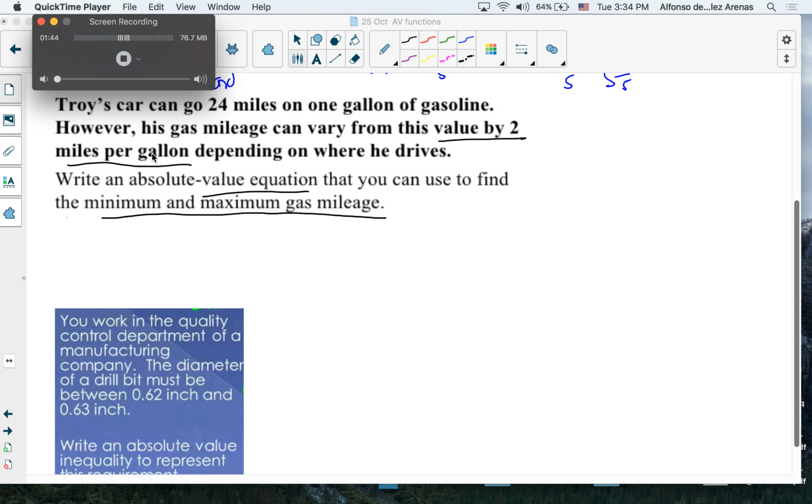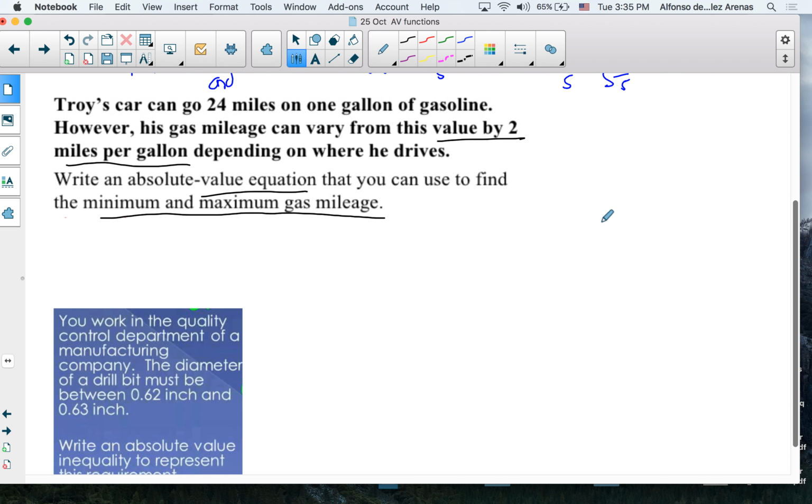Okay, question 2. It's about a car that can go 24 miles on 1 gallon of gasoline. However, his gas mileage can vary from this value by 2 miles per gallon, depending on where he drives. So write an absolute value equation that you can use to find the minimum and maximum gas mileage. Okay, so let's see. It's about this car. Okay, and then with only 1 gallon,